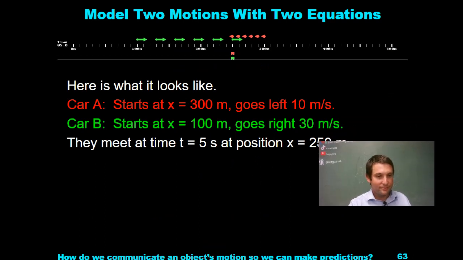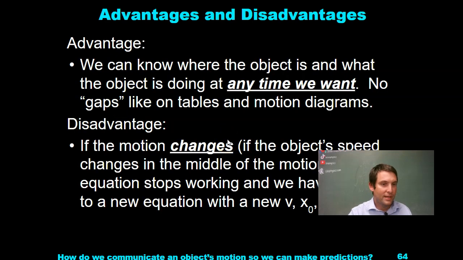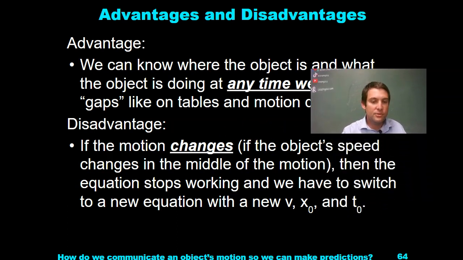And here's what it looks like. They're meeting at x equals 250 after 5 seconds. Boom. Advantages and disadvantages. We know where the object is, what the object is doing at any time we want. Disadvantage. If the motion changes, the object's speed changes in the middle of the motion,